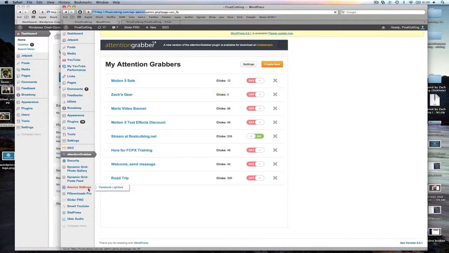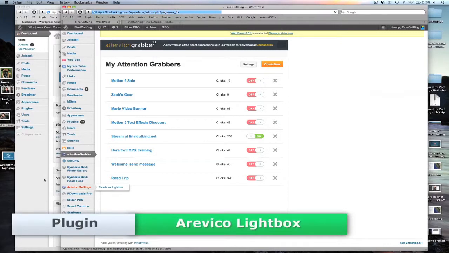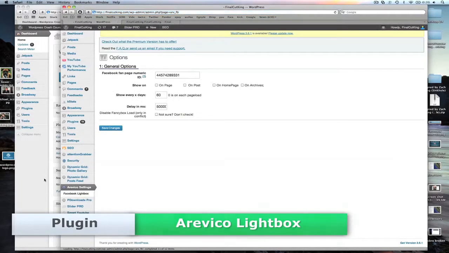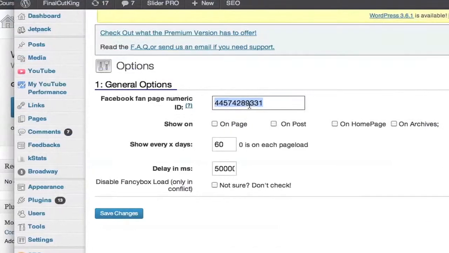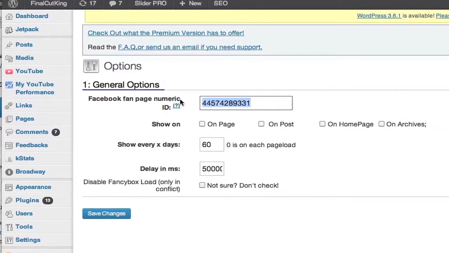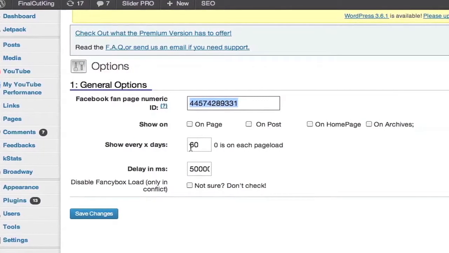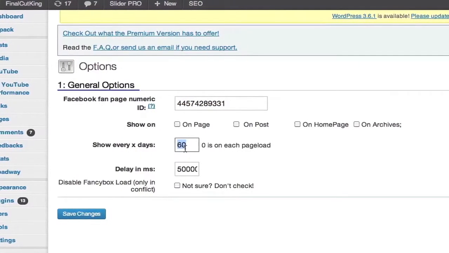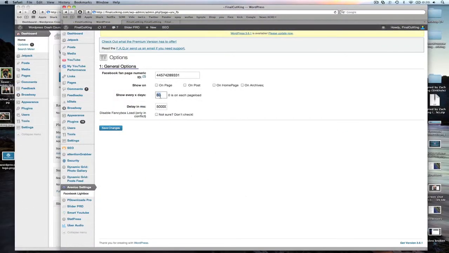If you search for Revico settings or Revico plugin, you can add a Facebook like box. You'll go to your fan page and get this little number, the ID. Again, they tell you how to get it and all that. And I say every 60 days that a user comes on, I want them to be prompted after 50,000 milliseconds. And then it'll say, hey, would you like to like our Facebook page? By putting this in, this plugin creates an automatic message, and it'll pop up. I make the duration kind of long because I only want fans of my Facebook page who are